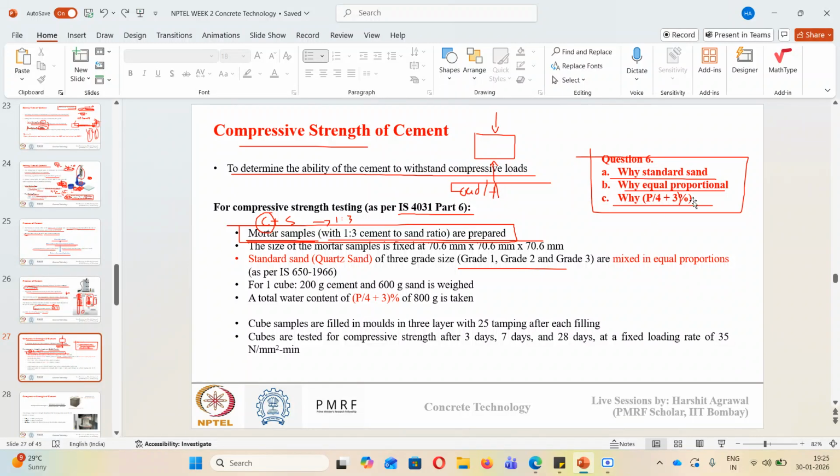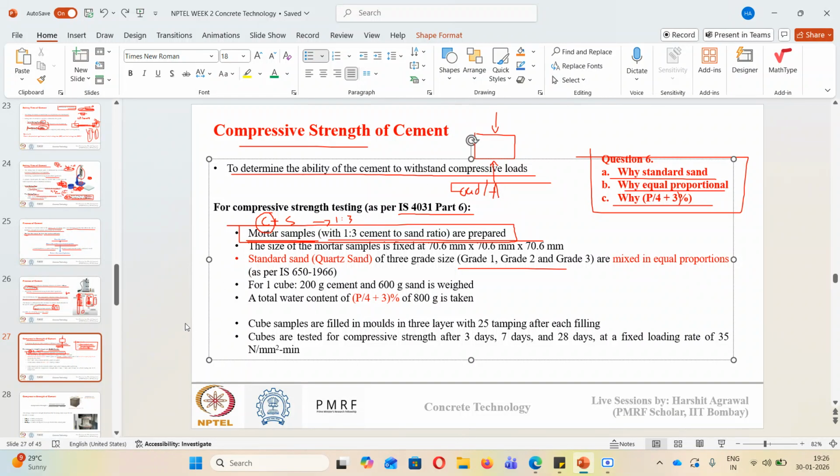Now P by 4 plus 3%. Why P by 4 plus 3%? So P by 4 because I have used 25% cement and 75% sand. So P by 4 represents the amount of water required by cement to achieve standard consistency. P is that water, and P by 4 is the total water for the proportion of cement I am taking, and 3% is 1% for each grade, water absorption for each grade, which is 1% for standard sand. Okay, so that's why P by 4 plus 3% of total 800 grams I am taking as total water required